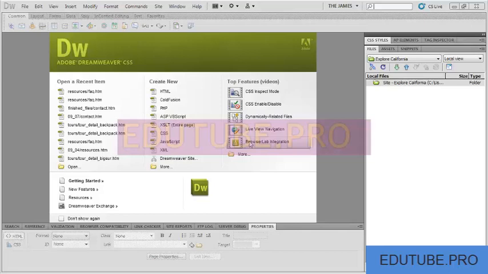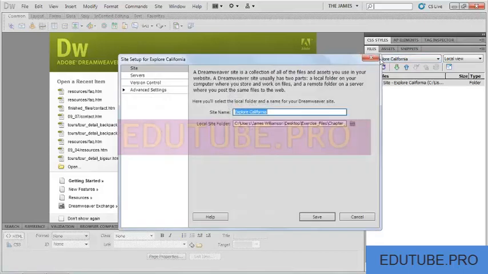We are on our Explorer California site, and I'm just going to go back to my site definition. One of the easiest ways to do this is go over to your Files panel and simply double-click the name Explorer California or whatever your current site may be. Doing that will bring the Site Setup dialog box back, and what I'm looking for is right here in the